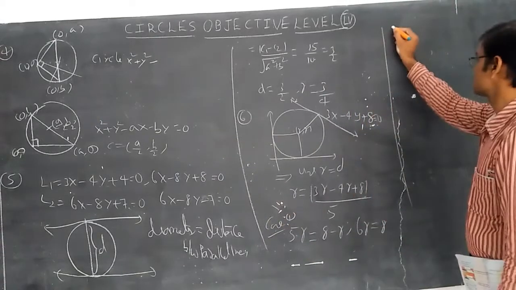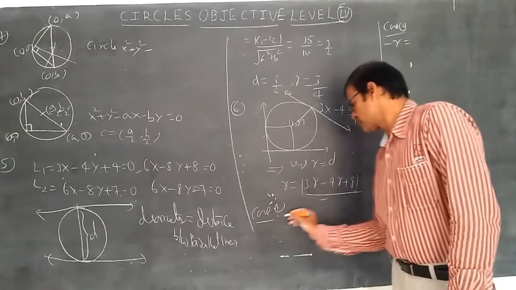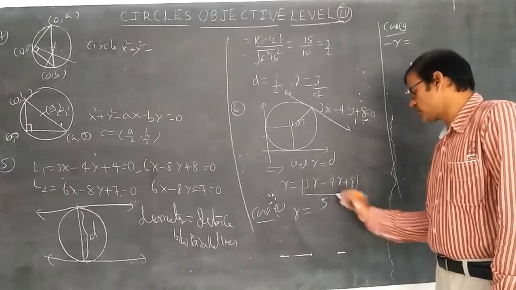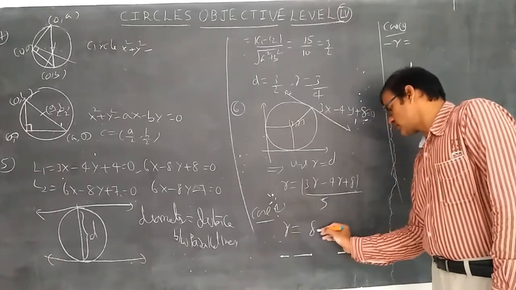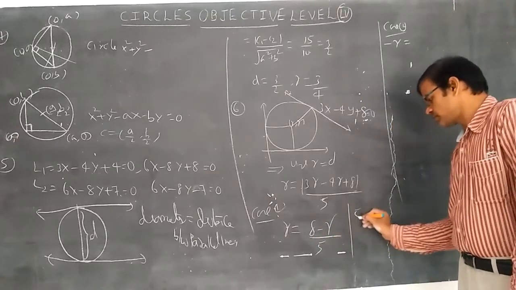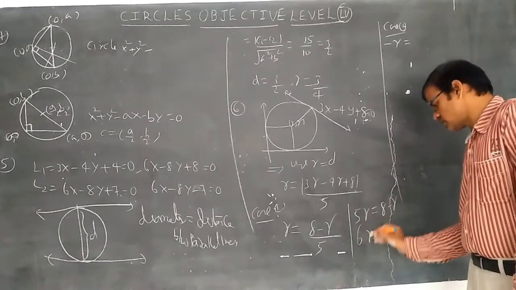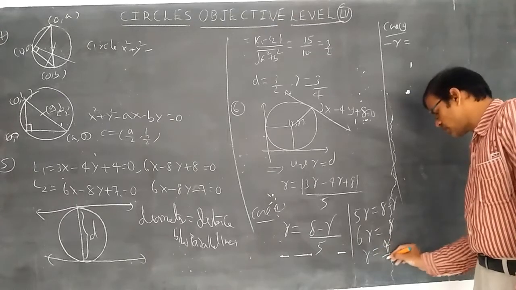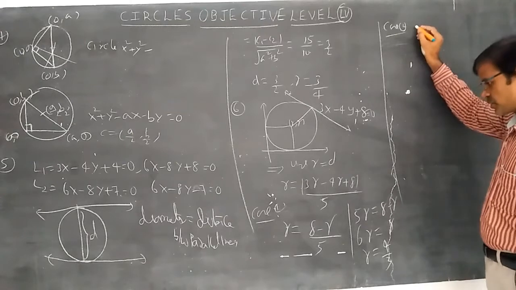Take case 2. So first, let us discuss case 1. r is equal to 3r minus 4r plus 8 by 5. So r is equal to 8 minus r by 5. So 5r is equal to 8 minus r. So 6r is equal to 8, r is equal to 4 by 3. According to the options, there is no such fraction. So now case 2, let us discuss.